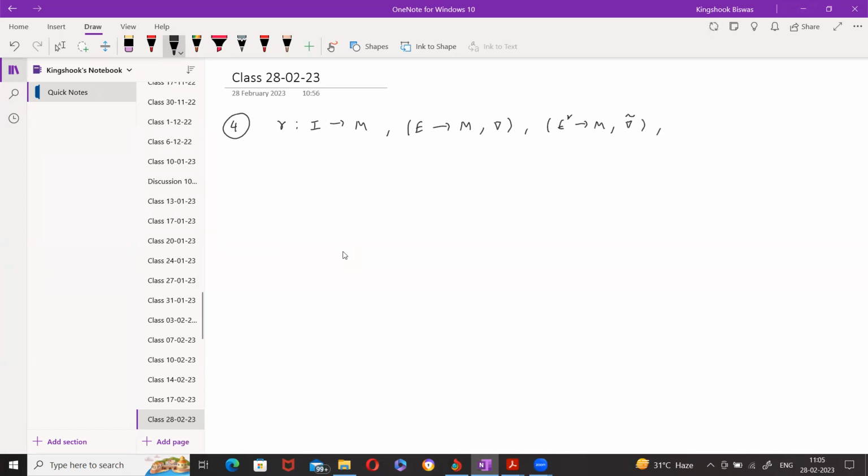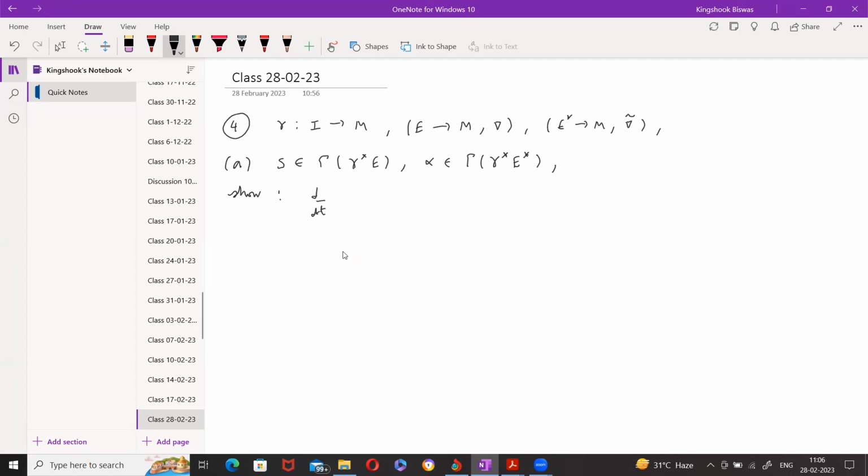And you're supposed to show, first of all, that if I take a section S of E along gamma, and a section alpha of E star along gamma, then to show that d/dt of